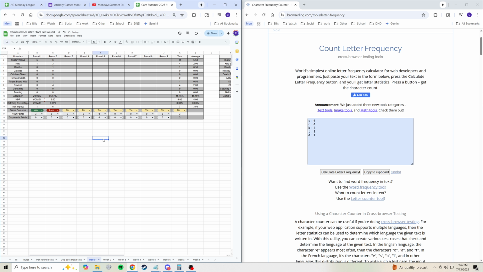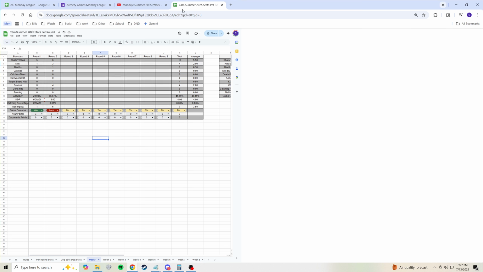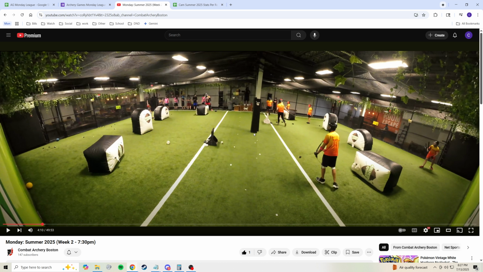So those are the 2 methods that I use. I kind of go back and forth and use them interchangeably, whatever I'm feeling at the time. Now, before we enter the stats, before I walk through that, I want to go back to the video, and I want to hopefully just parse through it a bit and show some examples of some common, frequently asked questions,